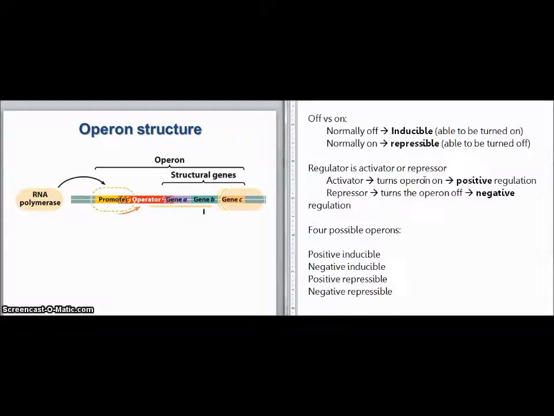If the regulator is an activator and it's normally off, that means that the activator is normally not on the operator, which means that our activator is inactive. So here, this would be positive inducible, which means we have inactive activator. That needs to come in and once it becomes active, then it can sit in the operator and turn on